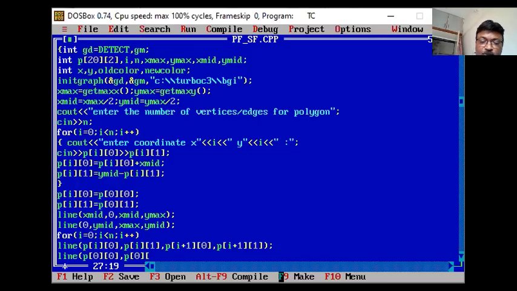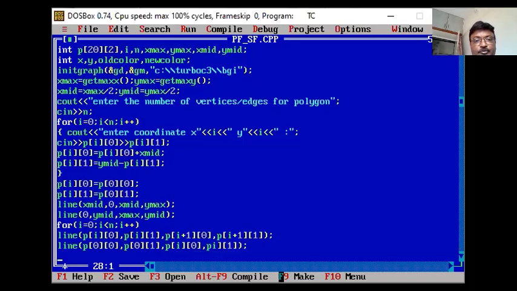Then P of I0 to P of I1. So that's my last point to the first point you can draw. So this is my complete polygon. I have drawn it. Now I have to fill this polygon.